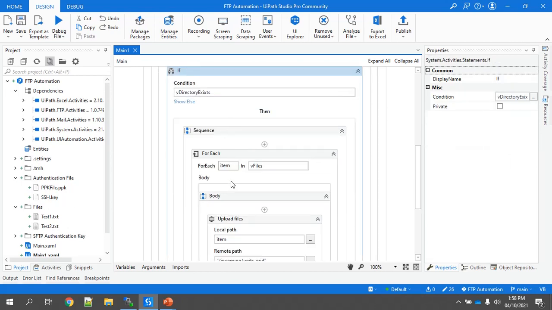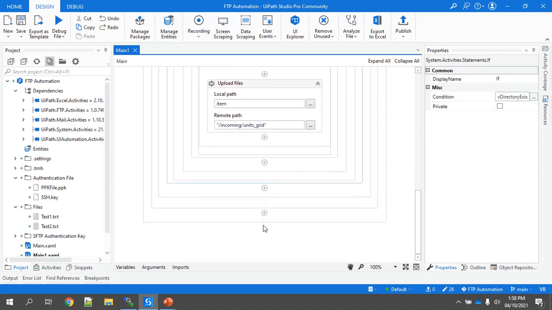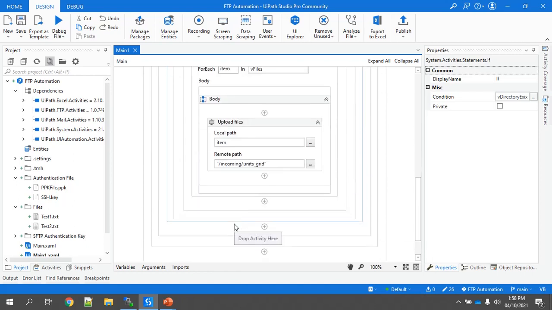If the directory exists, then the bot will iterate over the folder which is files, and all the files present under this files folder will be picked up one by one and transferred into the remote path. So this is the simple workflow I have created for demonstration purposes.